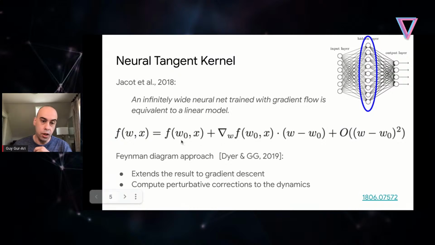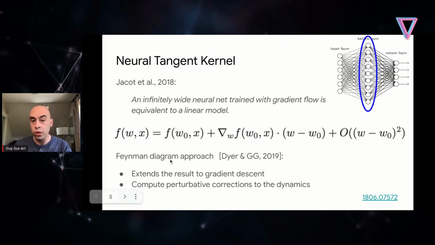The first term is just a constant. It just depends on what the weights were at initialization. And the second term, you notice, is a linear model term because there's this gradient term here, which essentially behaves like some random features. Those do not change during training because they're set at initialization. And then that's dotted against this dynamic part, W minus W naught, which does change during training, but this is just a linear dependence on these shifted weights. And so this is roughly why the model becomes linear, or behaves as a linear model, during training.